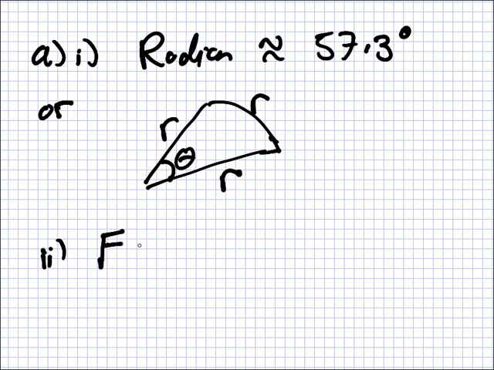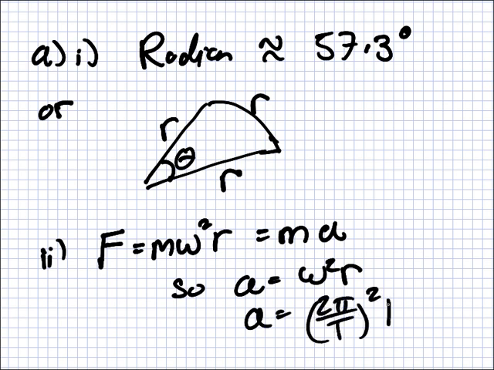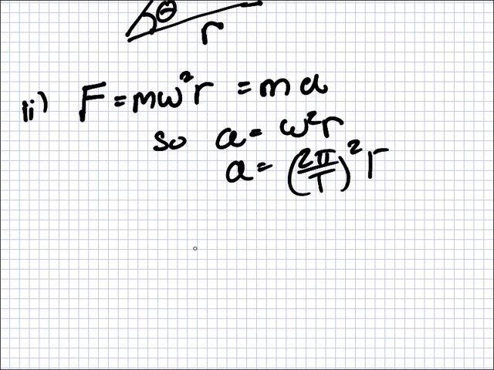So we could say F equals m omega squared r, which equals ma. So A equals omega squared r. So A equals 2 pi over t, squared, times r. So then A equals 2 pi over 90 times 60, squared, times